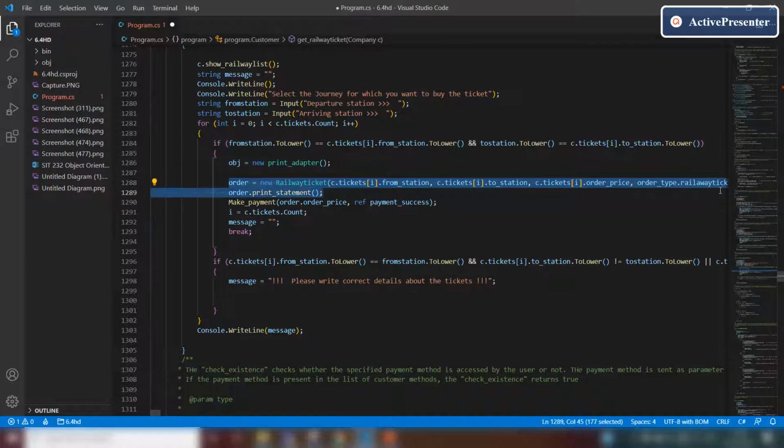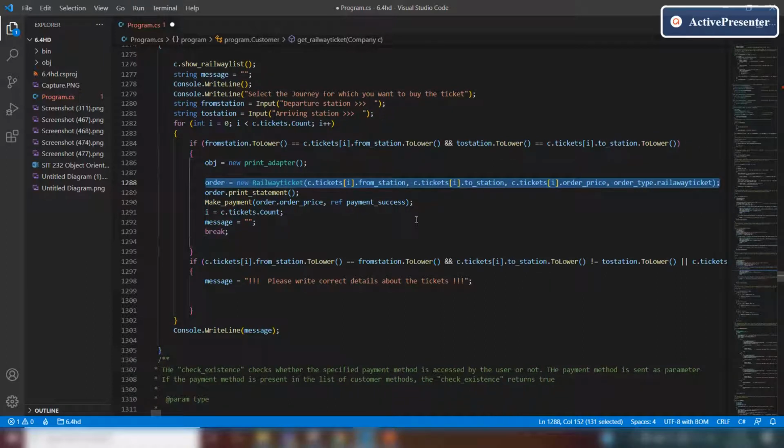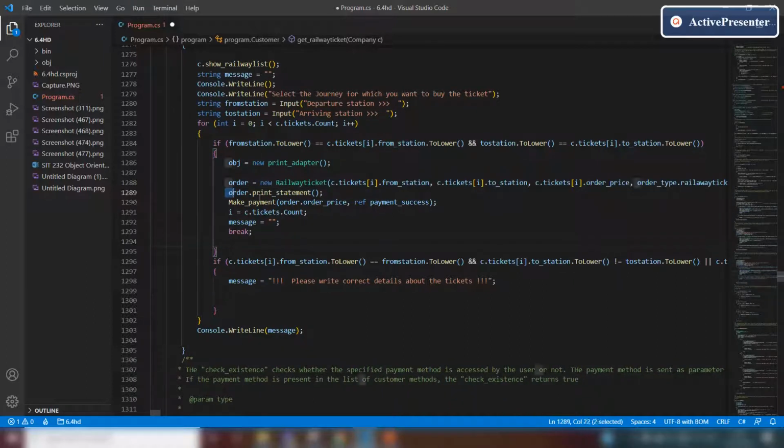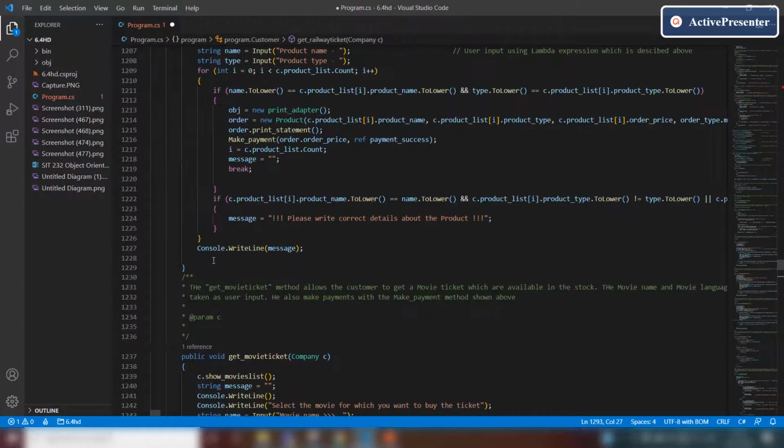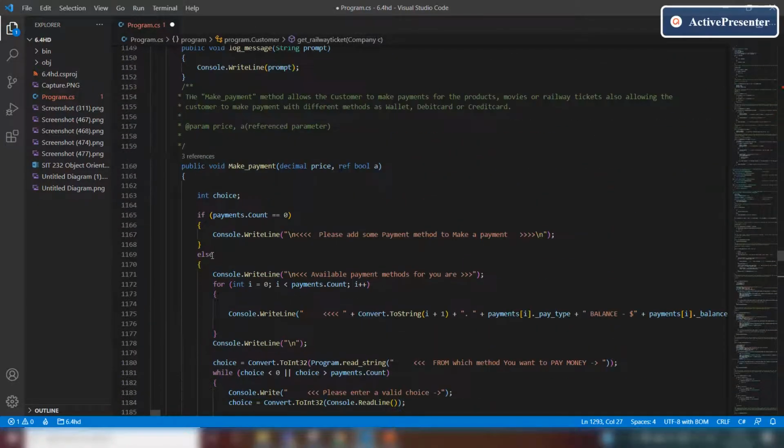This is the order he has made, and this is the print statement after the order is made, and the make payment method is called, and the payment success field is sent as a reference parameter, which is set to be true after the payment is made successfully.